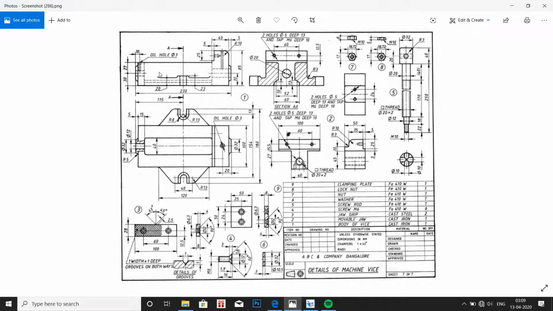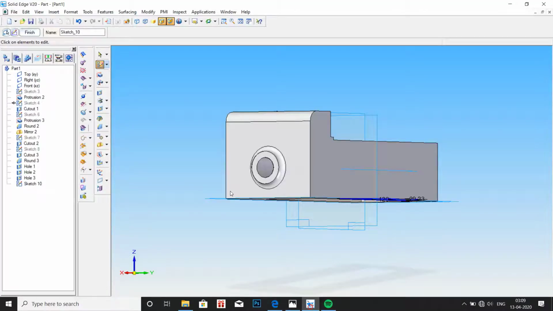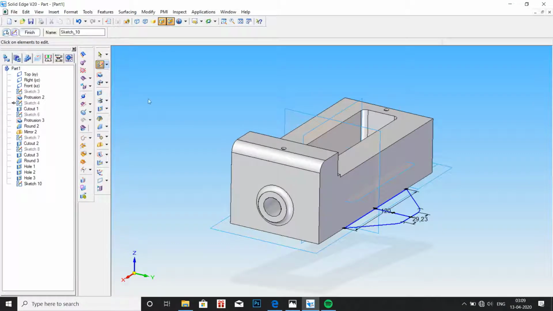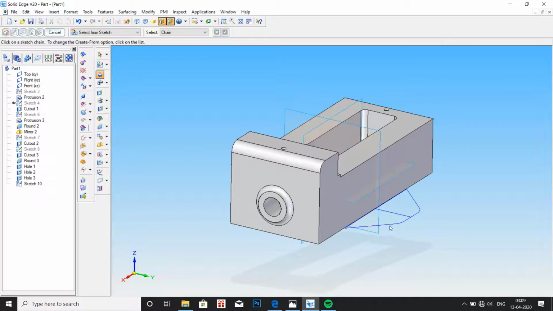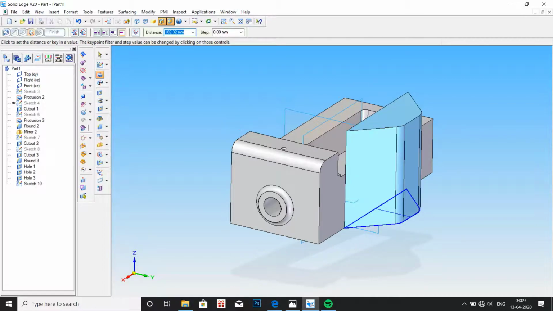Here in drawing we can see that the height is 20 mm. Go to protrusion, select the profile, click on OK, enter 20 mm.